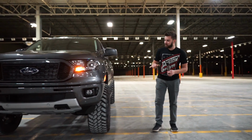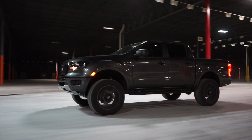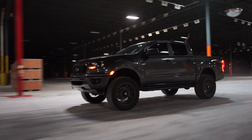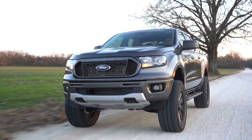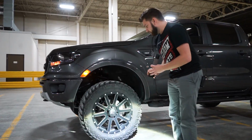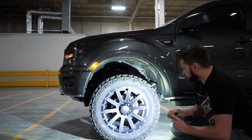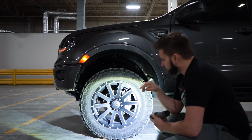If we come over to look at the wheel and tire setup, I know that's what everybody's going to be wondering, as well as suspension. So like I said, this is the brand new 3.5-inch Rough Country kit that is to be released very soon. Probably by the time this video goes up, it's actually out, because we're probably going to hold off until it really gets posted. But as far as what you can fit, these particular wheels, I know it's dark in here, so I got a flashlight. This is a 20x9 plus 30 is what the guys are telling me,